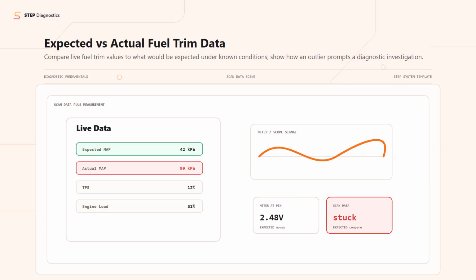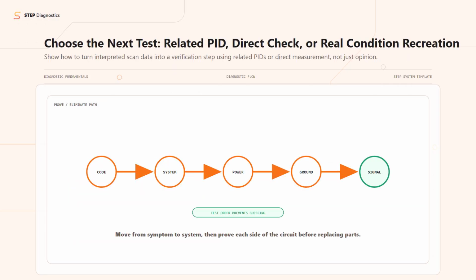Related PIDs can confirm or challenge scan data clues. When fuel trim looks off, compare related sensors. Does the MAF support the same story as the O2s? If not, measure intake leaks, exhaust leaks, or sensor grounds directly. Never decide from a single PID. Use targeted tests, like a smoke test for vacuum leaks when trims are high positive and O2s agree, before replacing